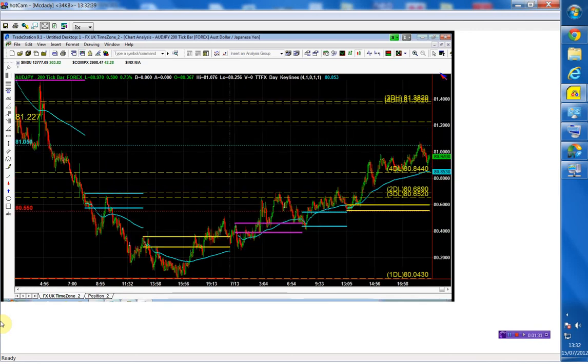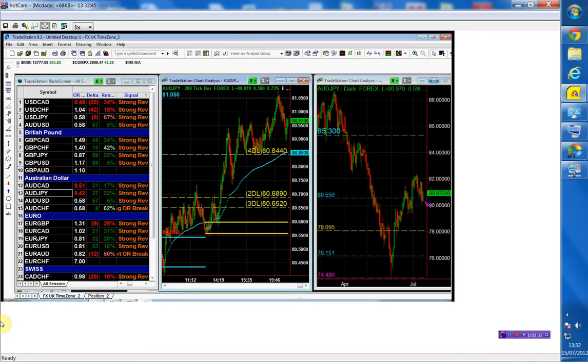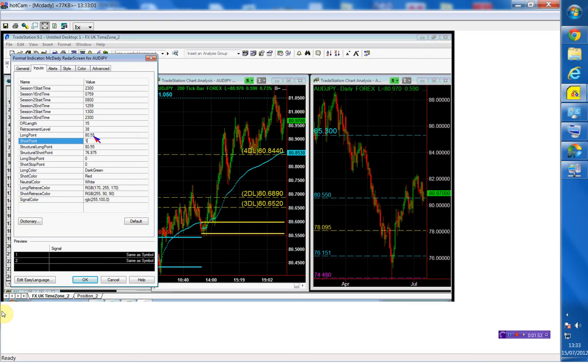And therefore there is no reason for us, since we have come back above that structure point, to look at shorting the Aussie yen unless it trades below the 80.55. So that was our long point from last week. It will now become our short point. It will also be our structural short point,